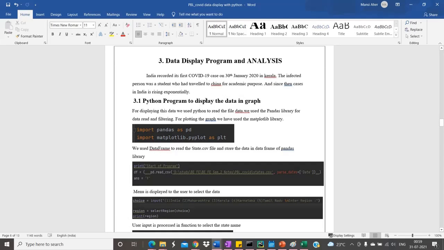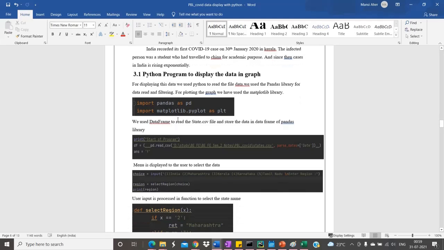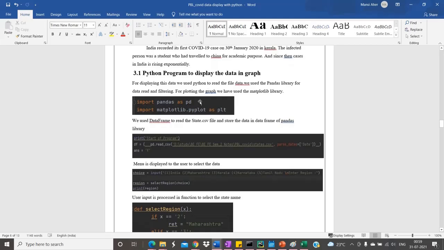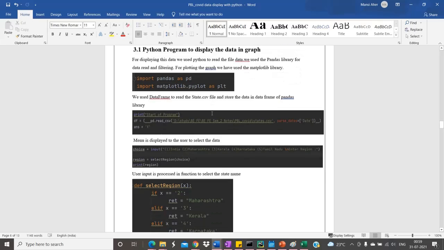First we will go with how we are going to display the data in the form of a line graph. For that, to read the file or the data, we will need the pandas library of Python to read and filter the data. And for plotting the graph, we will need the matplotlib pyplot library.